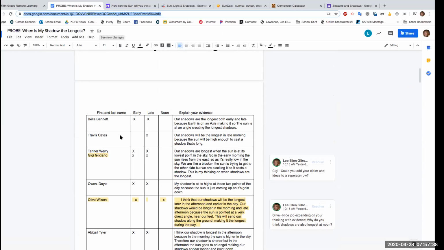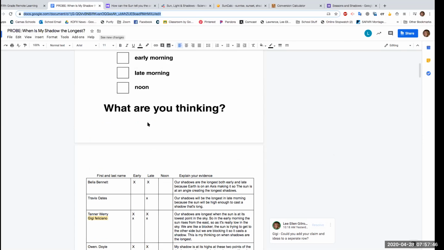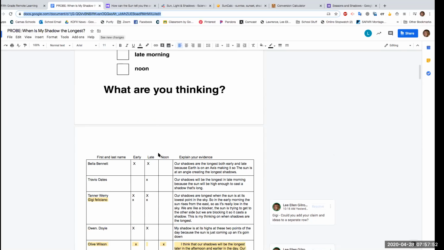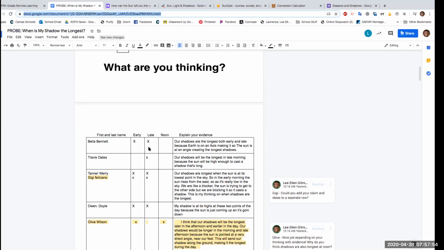So I'm going to pick on Bella here since she's the first at the top. So she thought that the shadows were longest in the early morning and late morning, because those were the two choices, early morning, late morning, or noon. You're only supposed to pick one. And so she's got two going there, but then I'm curious about why she's chosen early and late. So then I could highlight what I was curious about. So I'm curious about why she's saying both early and late. So I'm going to highlight the part I'm curious about, and then I'm going to click this little comment box,